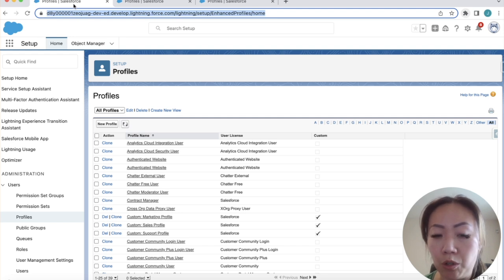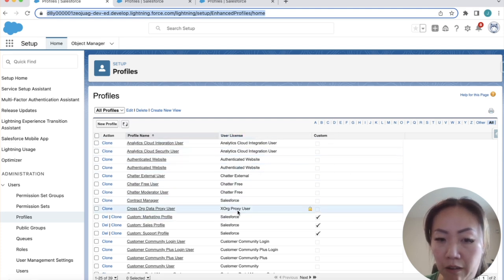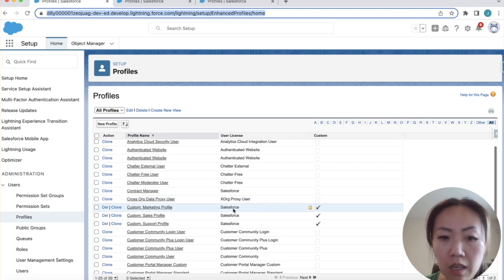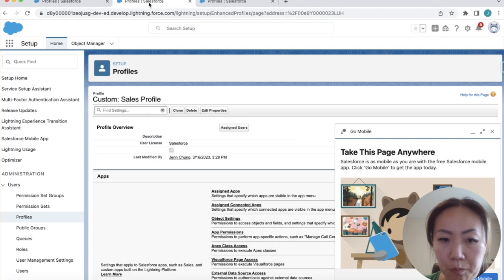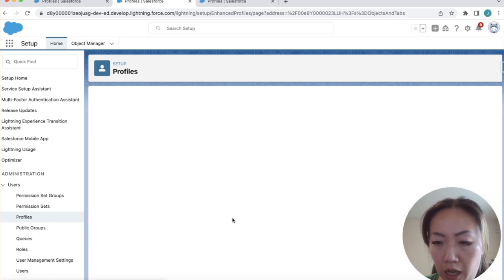So I wanted to show you a use case that is very on trend with this use of permission set and permission set group, and just why I find this to be very useful and scalable as well. Before I begin, I'm actually logged in to my dev org, and in the dev org, they give you certain profiles. So there is already a sales profile and support profile. In the sales profile, what I have done is in the object settings,